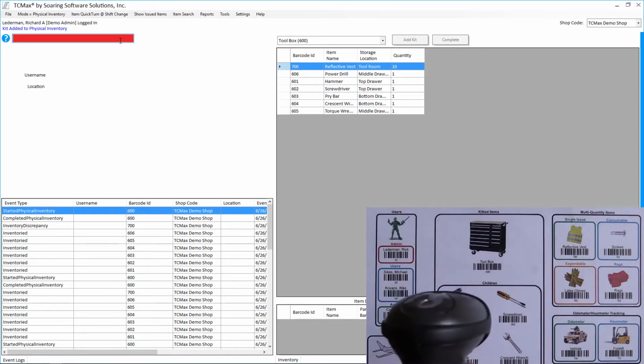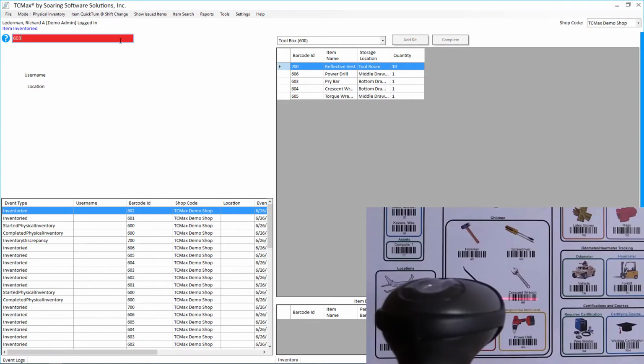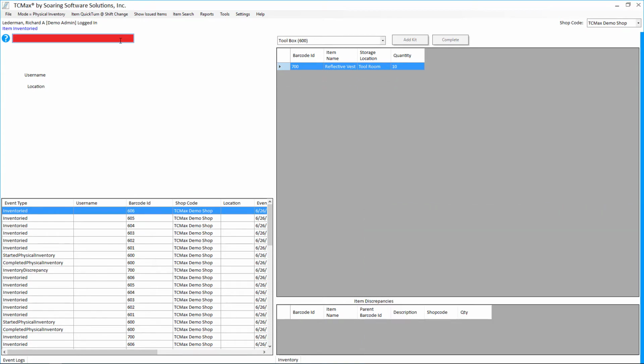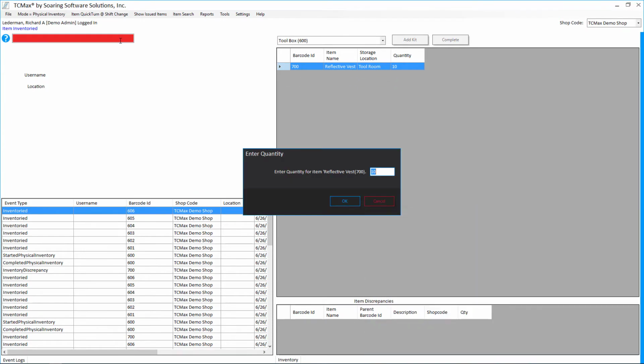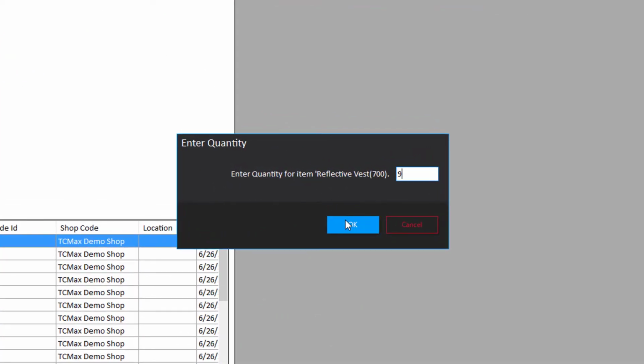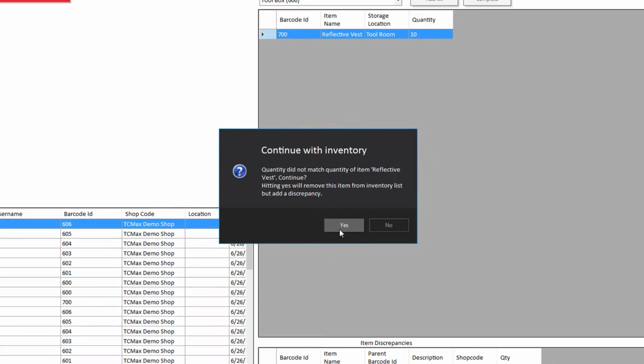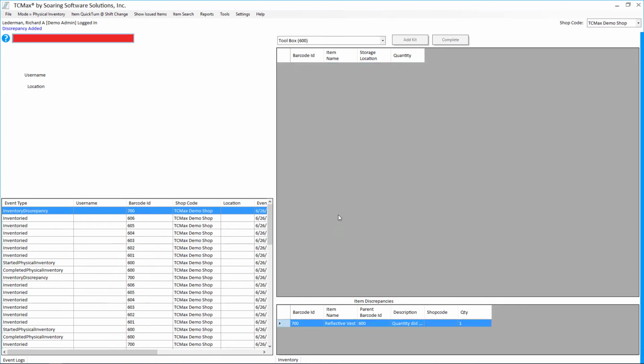Attention added. Inventory. Enter quantity. Discrepancy.